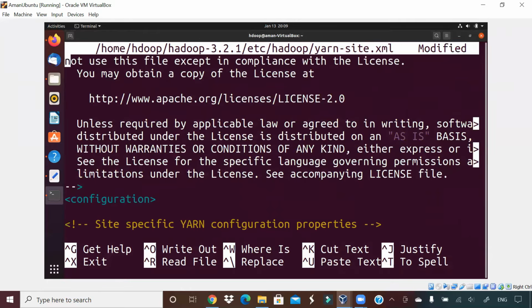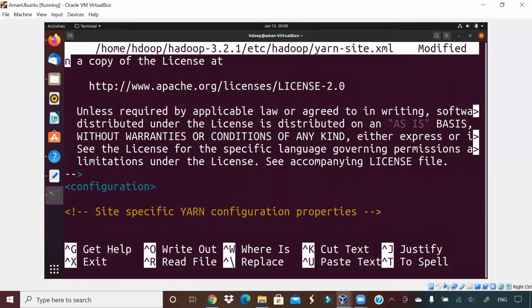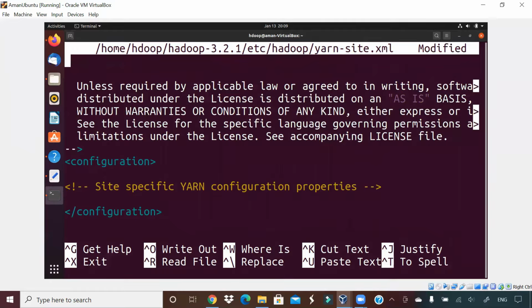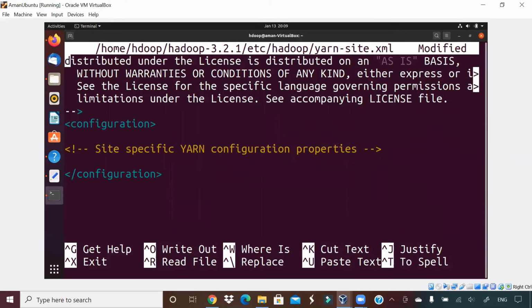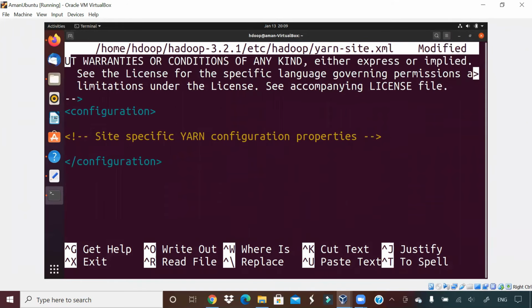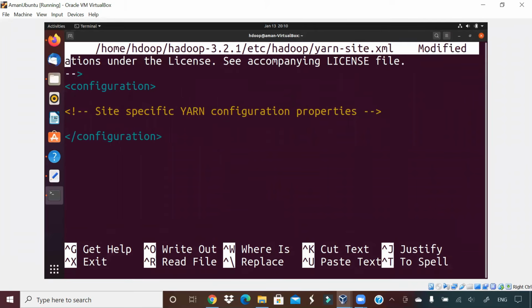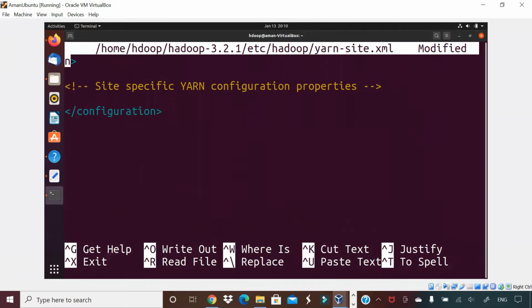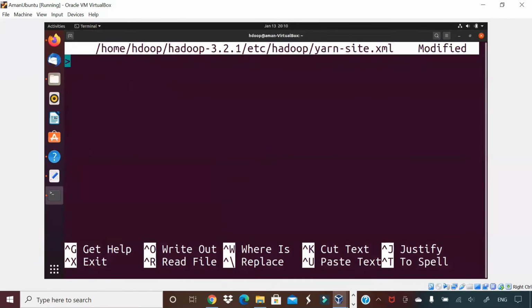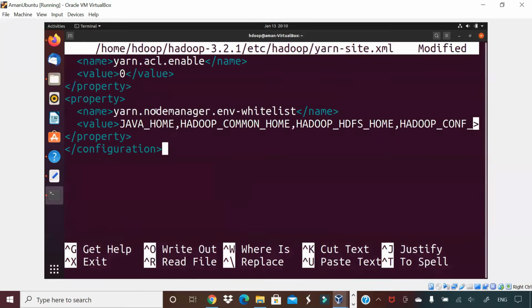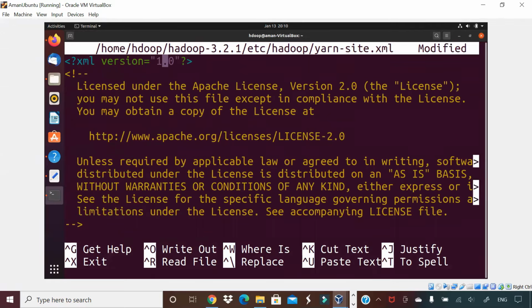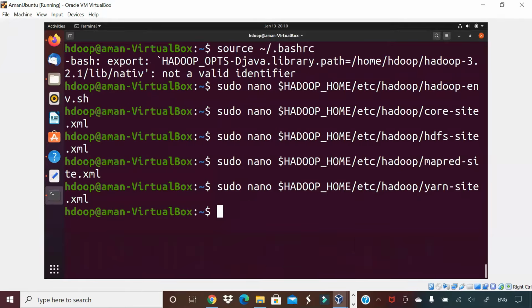The reason for that is if one XML content goes here and there, it will throw some error. So to be on the safer side, from my last installation, I have copied these and I will paste that directly here. I'm just clearing whatever is there from the previous, I mean default, setting, and I will paste this entire thing here. Okay, so this is the YARN configuration. Let me see if everything is copied properly. Yeah, Control X, Y, enter.